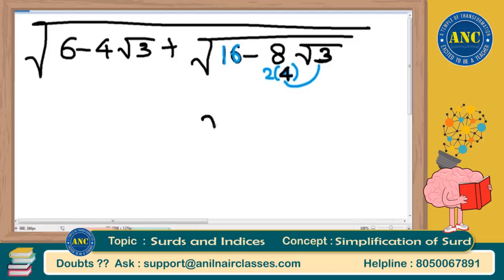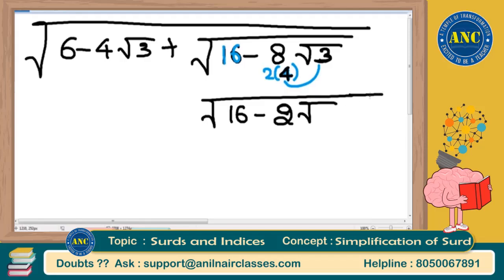That means this entire square root term became 16 minus 2 root 48. But root 48 can be written as root 12 into root 4. Sir, why did you write it as root 12 into root 4? For the only simple reason that 12 plus 4 is 16. Getting the idea? That means directly you can write this term right now as